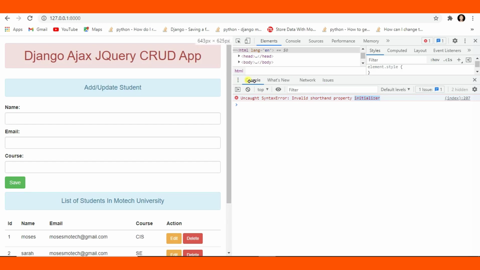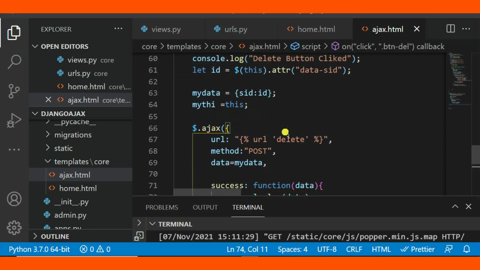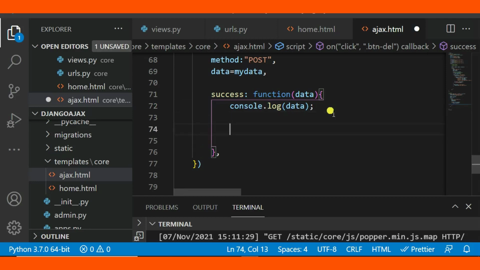Okay, so let me get back here. So this should be... it is not this in search. I think it should be something, but never mind. Let's go on writing the success. Let's write the success. So if data.status is equal to 1,